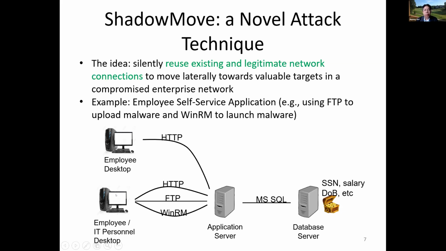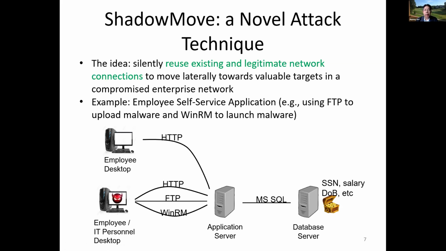Okay. Suppose that one of the employees is also an IT admin. So this admin also needs to manage the app server, for example, upload the new code and update the data and so on. As a result, the administrator machine is also running FTP, an application to copy files, and also the Windows Remote Management (WinRM) application to remotely launch scripts, for example. Okay, suppose this is the setting, and now this